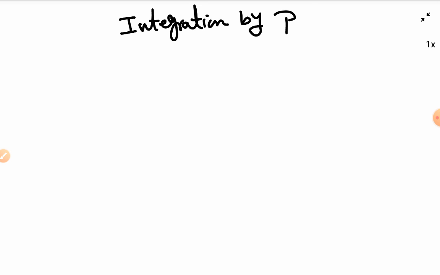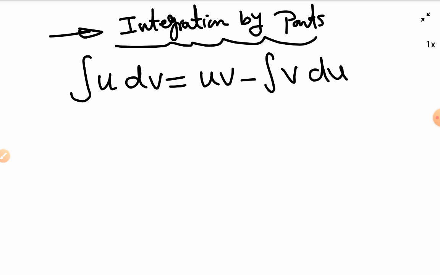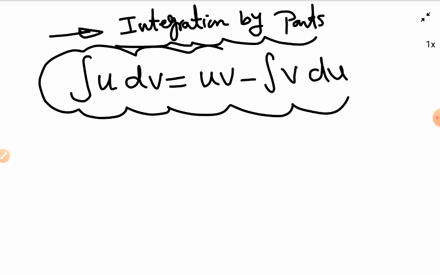How are you doing? Our lesson today is talking about integration by parts. The main idea here is to see if the function given includes the product of two functions, like u and dv. So your rule will be uv minus the integral of v du, such that u is the first and